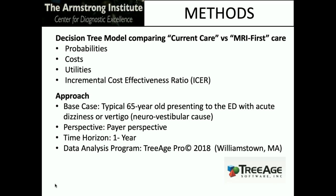We also populate the model with utilities. Once you are alive and well, there's a certain utility to being alive and well. If you are dead, there is no utility. And then ideally, once this model is populated with these data, we generate what's called an incremental cost effectiveness ratio. And that compares the costs and utilities of one pathway, in this case, current care, versus the next pathway, which